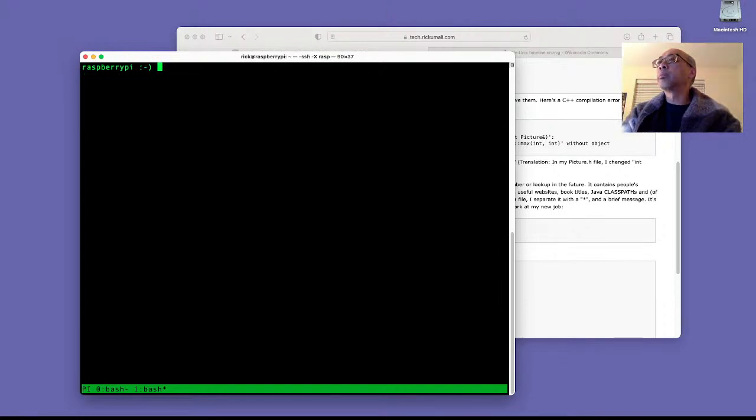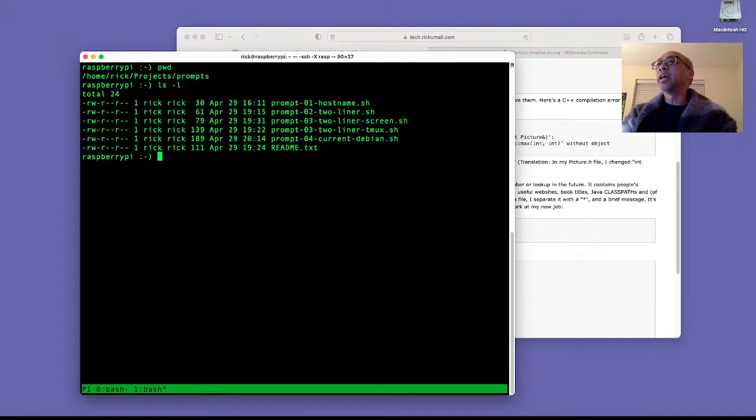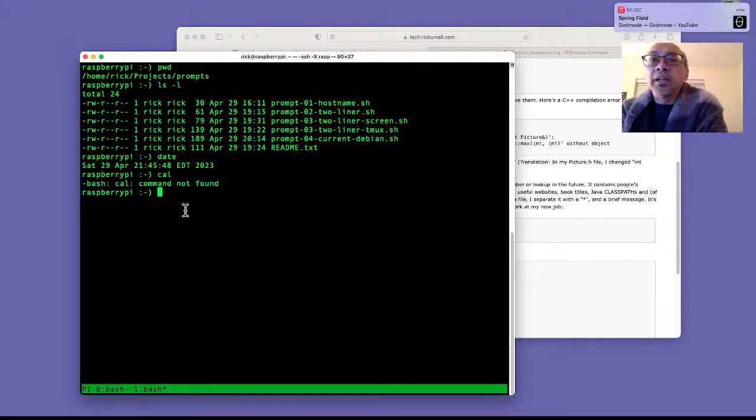So this is my prompt from back in the day. It was simply the host name of the machine and this smiley face. And when I think back on this prompt, one of the things that I remember is back in the 90s, when you needed a Unix server to work on, it very rarely was on your desk.